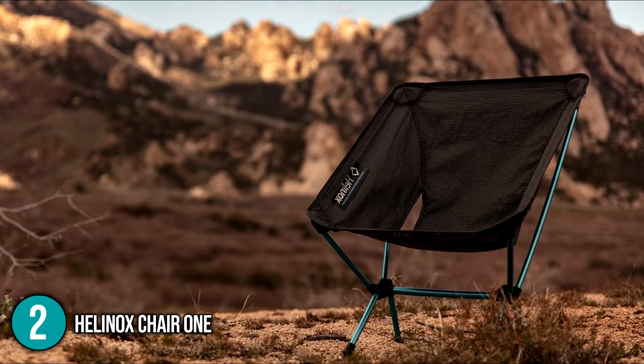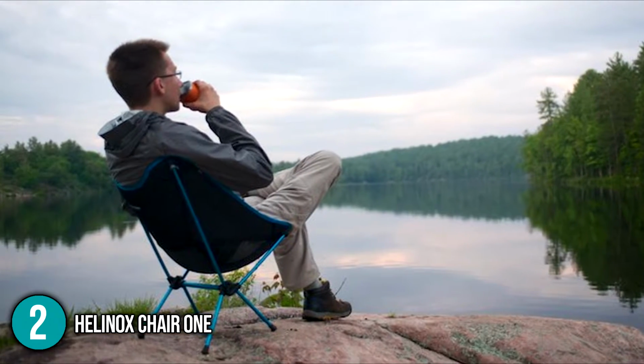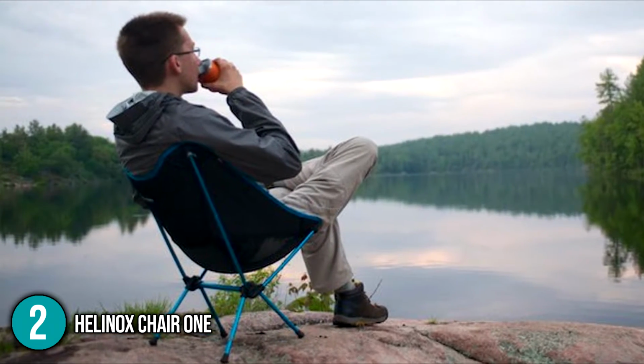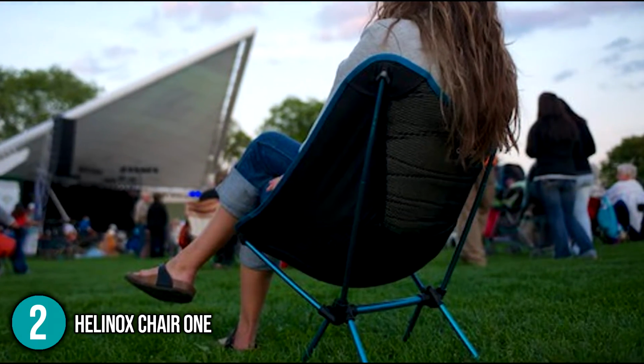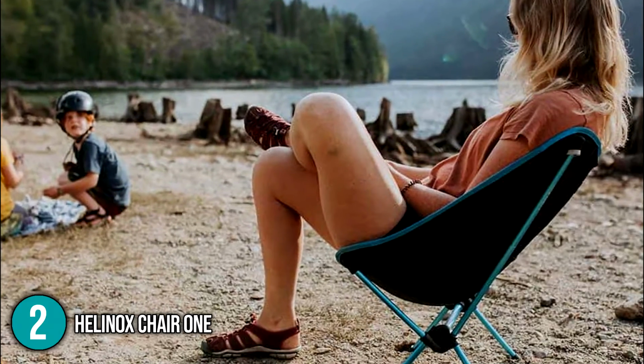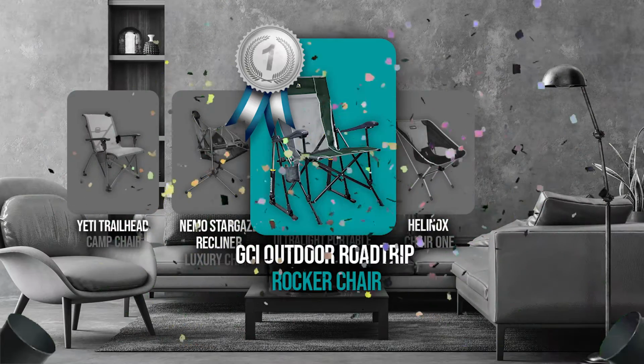Overall, the Helinox Chair 1 is an incredibly comfortable chair. It is slightly tilted and provides enough back support. This is durable, stable, and a comfortable model, which is great to pick to serve you well on a wide variety of adventures. And finally, we come to the number 1 portable outdoor chair on our list, the GCI Outdoor